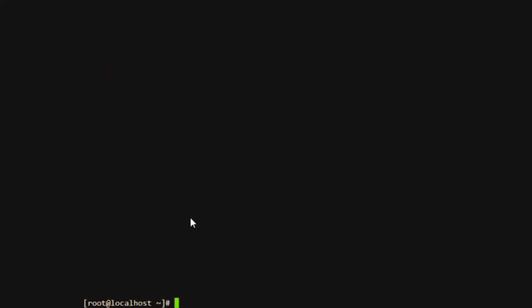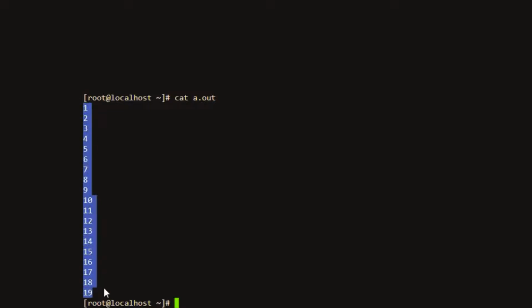Suppose for example I have another file called a.out. Here the output is displayed in a number of lines. Suppose you want to have the output in a particular set of columns, say for example these are numbers from 1 to 19, and you want to display this output in 5 columns.